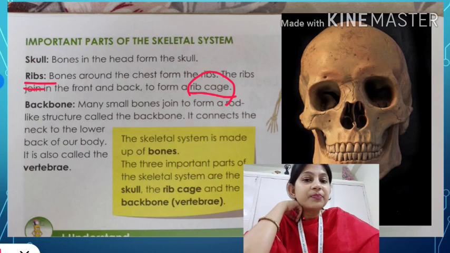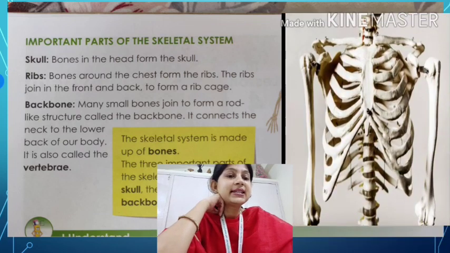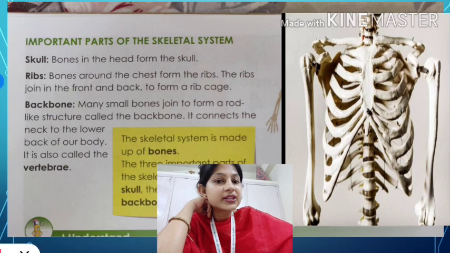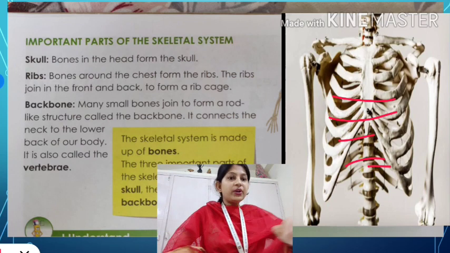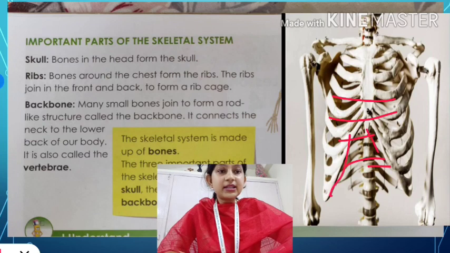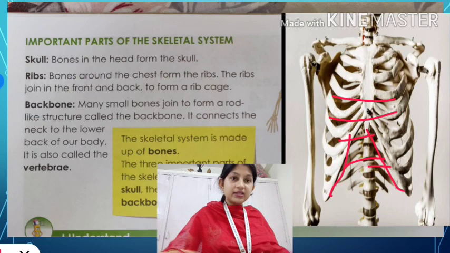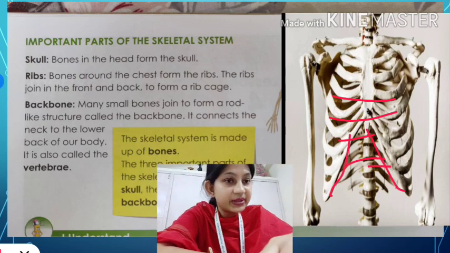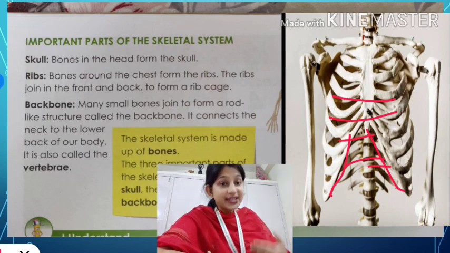Now let me show you a picture of the rib cage so that it will be clear to you. See, this is the rib cage. Okay, see how they are present. It is present on the front side, and on the back side also it is present. And you can feel the rib cage, students. If you touch here, you can feel this curve, this type of area here. If you press it, you can feel that hard substance here. Okay, those are your ribs, and below that our digestive system starts.